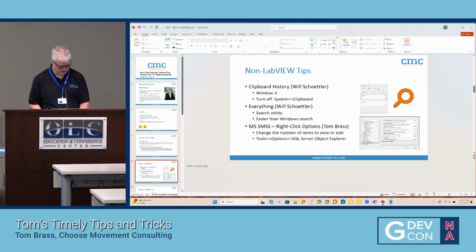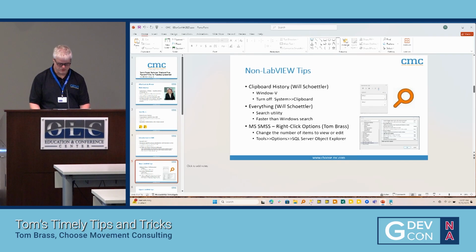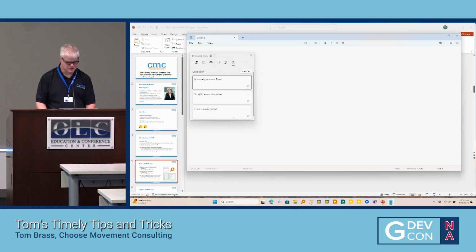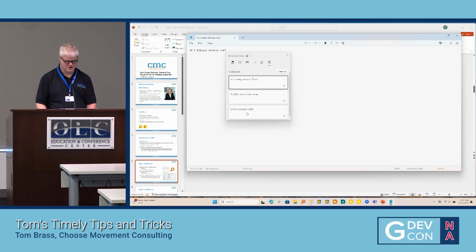clipboard history. If you use the Windows key and V, you'll pop up a history that you can use for copying and pasting. So wherever you need to paste or copy into, you can just click things. Like, oh, it's totally obvious, Tom. Or,